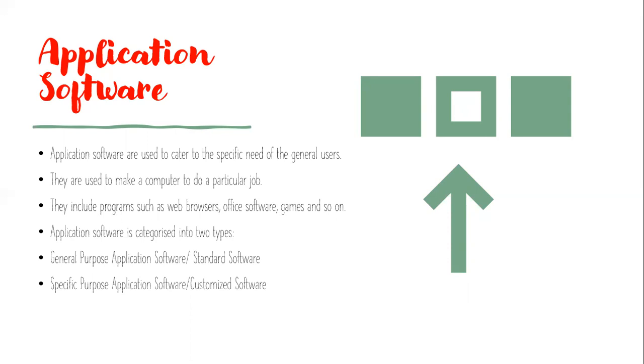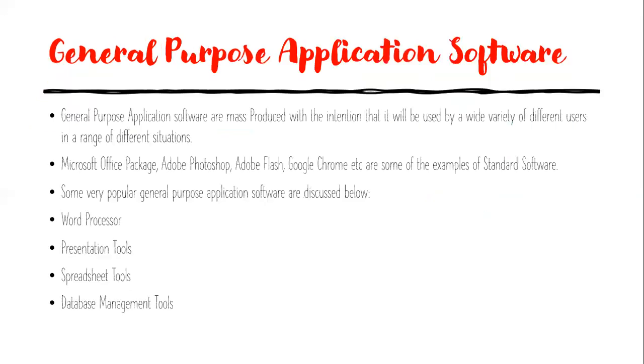So today we are going to learn about general purpose software. In the next class, we will be learning about specific purpose software. So let us see what a standard software is. General purpose application software provides all the programs or different applications in a set. For example, take MS Office. In MS Office we have Word, Excel, PowerPoint, and database access. This is a bulk of application software, and we use them for general purposes only. Whatever we want, we are able to do with it, but we are not able to make any changes in it.